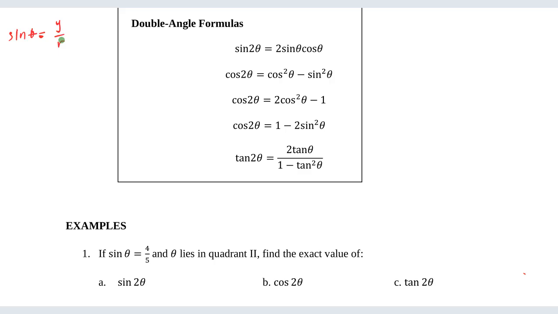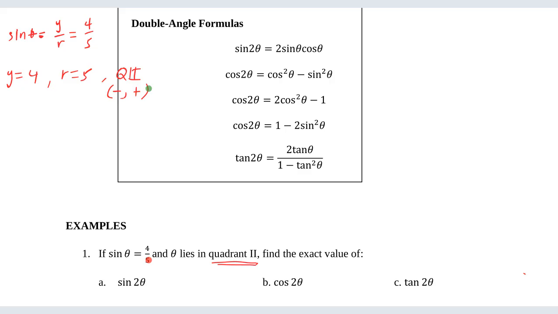Since we are given sine theta as 4 over 5, y here is equal to 4, and r is equal to 5. Remember that this given angle is in quadrant 2, meaning x is negative and y is positive. Now since we do have values for y and r, let's go ahead and find the value